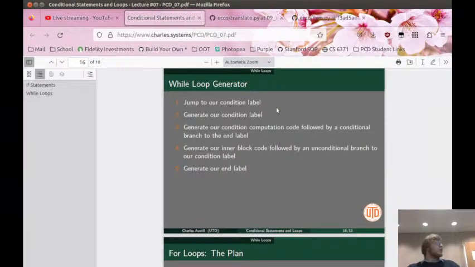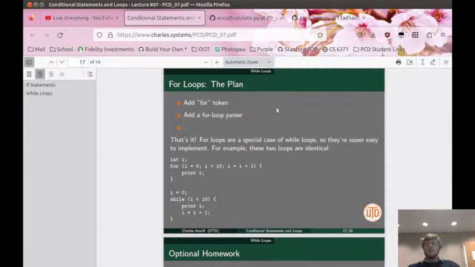What's even cooler is that for loops are even easier to implement. All we need to do is add in a for token and add in a for loop parser. The reason for that is because for loops are a special case of while loop. The only difference is that this statement right here just gets executed before the for loop. This is our regular old condition, and then this happens after our inner statement at every loop. So these two loops are identical, and we're going to use that feature to